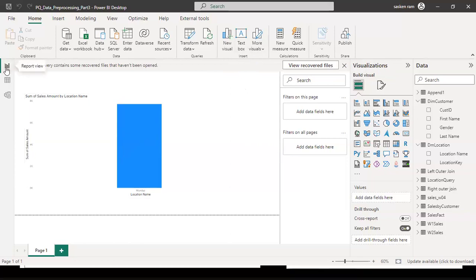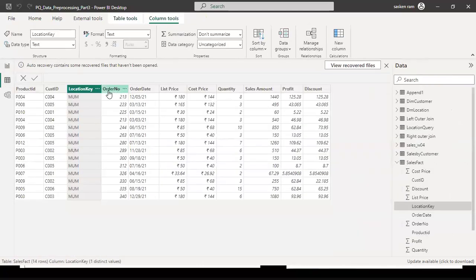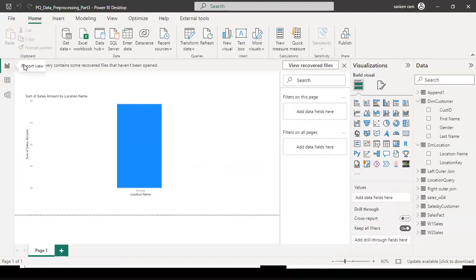For the query parameter, in step one, first you need to create the list of values, which is nothing but the query. In the second step, you need to create a parameter, and for that parameter you use that query. And then you use the parameter. In our example, I have used it in our location key column. That's it, guys. Now you understood what a query parameter is